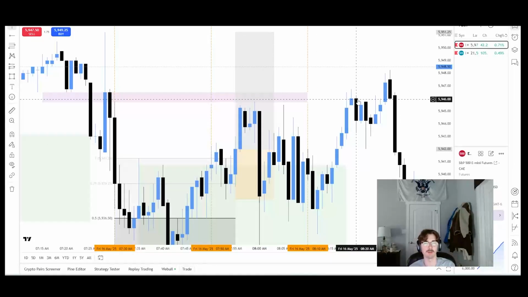Right before the 8 a.m. candle, I sold my position. I kind of saw it coming, realized what I did, and realized I was wrong for entering when I did because of news, because of the way the chart was developing. I sold it, right? So I was up $70.